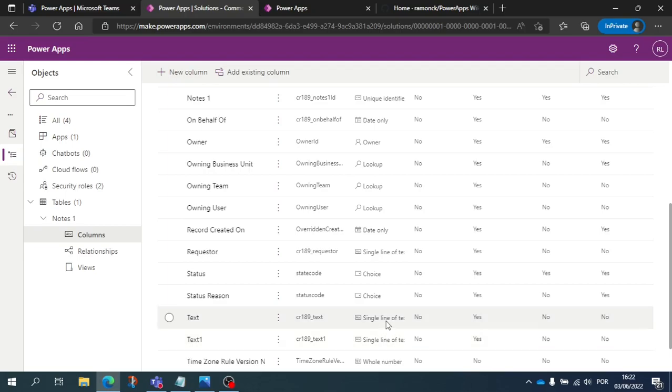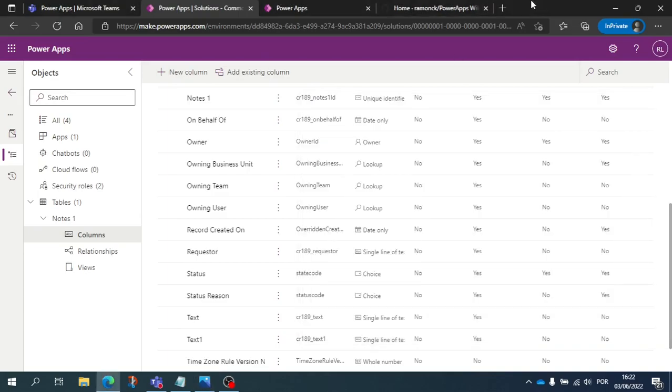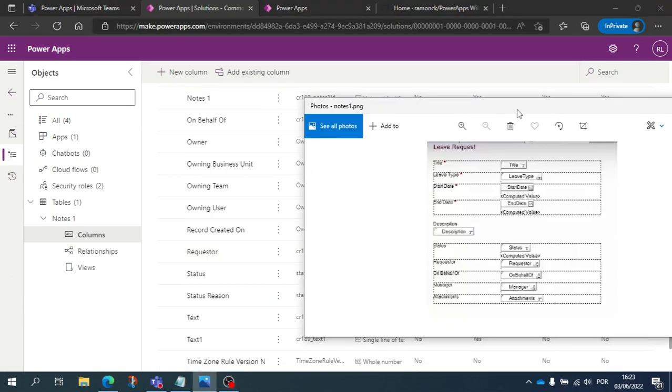Here's a couple. There's single line. There's choice fields, right? So if we look side by side, there's an interesting matching there. For example, I have requester there. I have other types of fields as well.